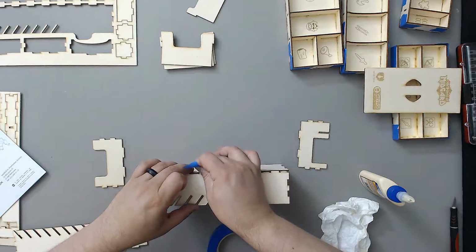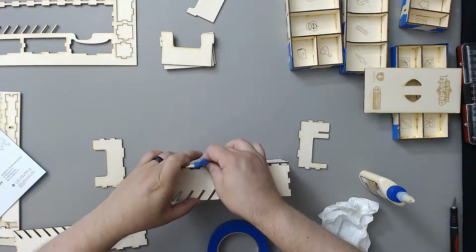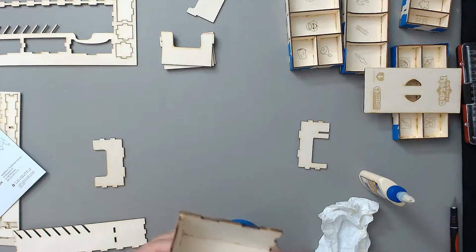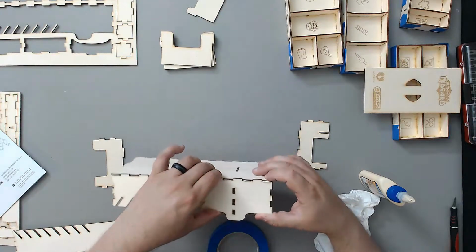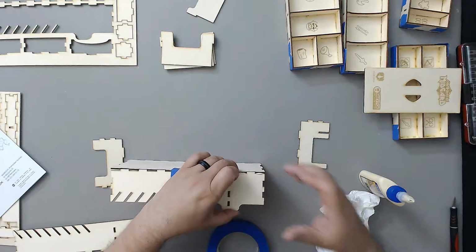tape it first. We want to get the tape straight if we can, and we're going to pull that up just like that. Get that caught in there real good. Alright, and then what I'm going to do is I'm going to go over here to the end. You can see when I push that how all that came up. So I'm going to